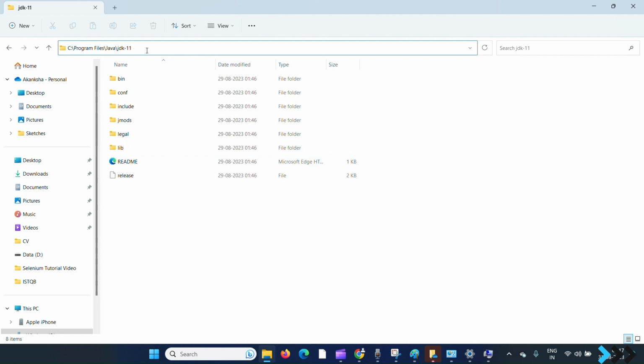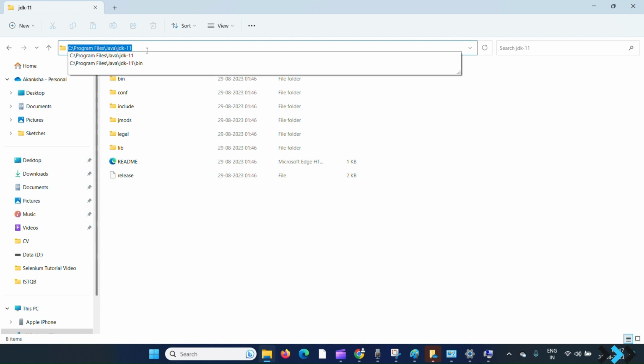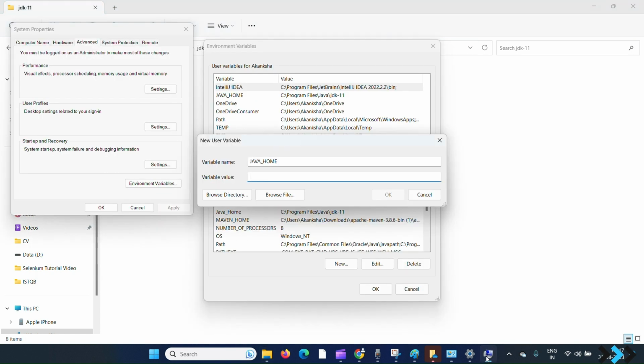So I'm going to copy this. Okay, copied. Okay, I'm going to go here. Variable value, right? So in variable value your path will come. You need to copy your path here. Once I copy this, okay, so your path is added. Just need to click on OK. Once you click on OK, your Java home variable will be saved there, right, in your system.